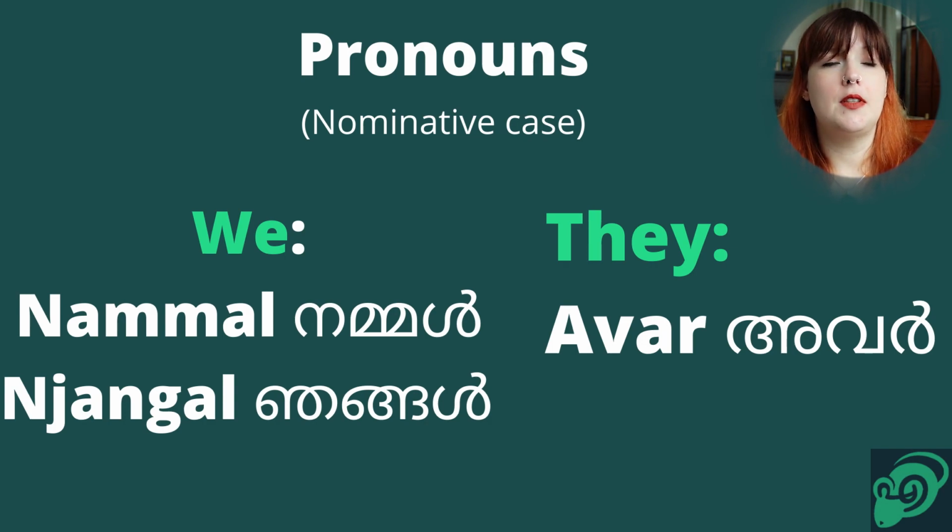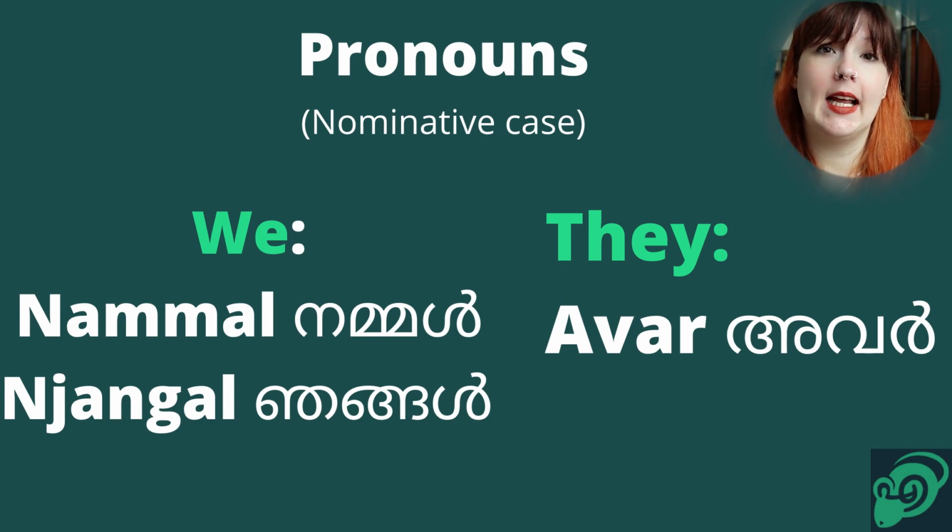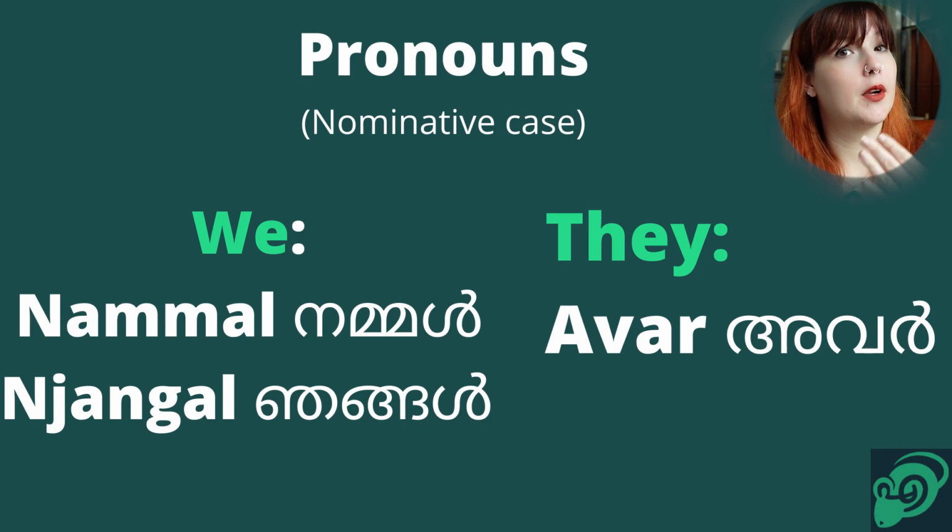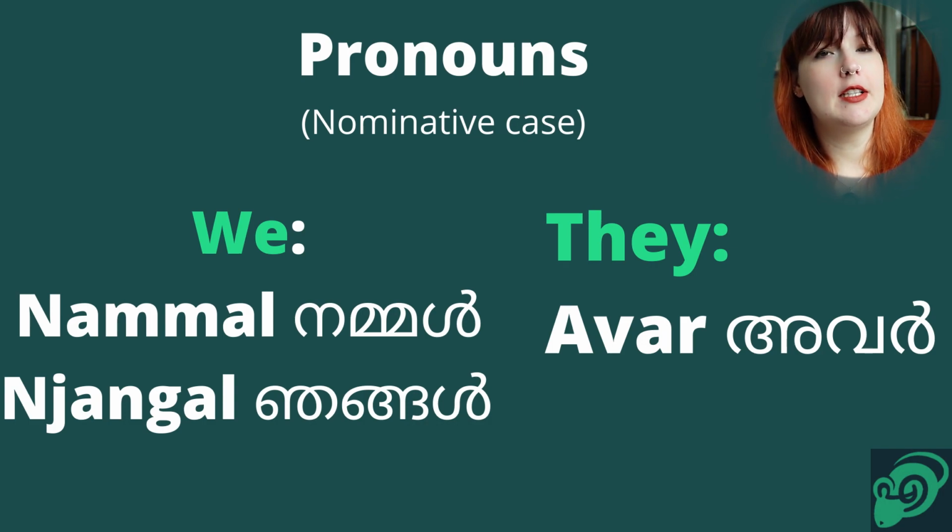So the first way that is we is nammal. And we use this when we're talking about everyone. So if we're talking about studying Malayalam, we'd say, Nammal Malayalam padikkam. We will study Malayalam together, you and me. But if I was talking to you about my husband and I, we would say, Njangal Hanoiil tamassikkunnu. We live in Hanoi. You don't live in Hanoi, but we do. So nammal is when you include the person you're talking to, inclusively. And njangal is exclusive. It doesn't include the person I'm talking to. We'll do some more examples in a bit.